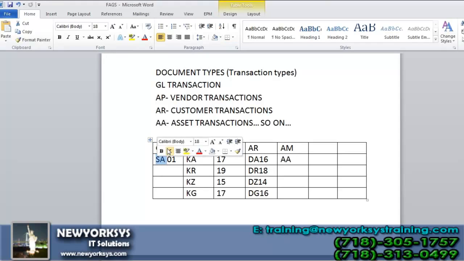SA is identified as a general ledger document type in SAP. KA, KR, KZ, these are all identified for accounts payable, like they are identified with a number called 17, 19, 15. Likewise for receivables also DA, DR, DZ. For asset management, AA, so on.